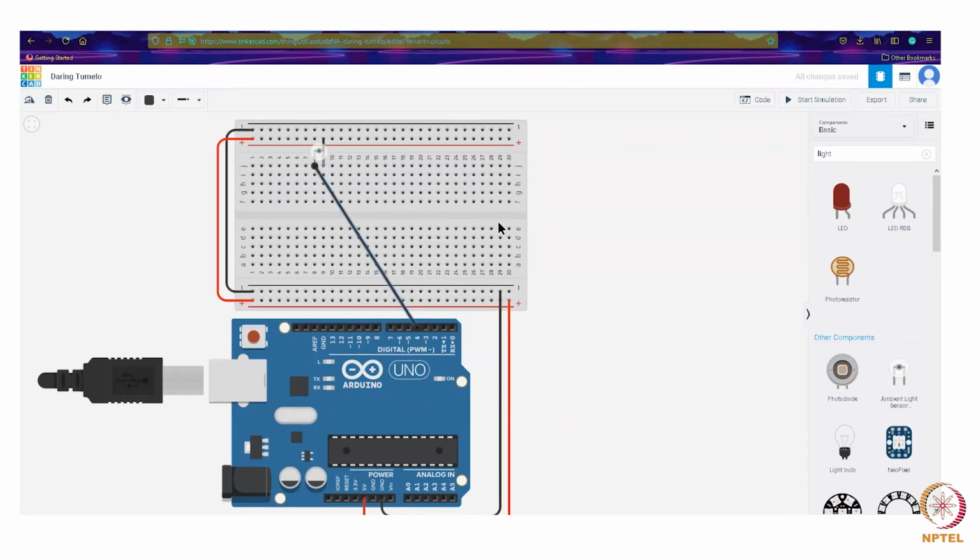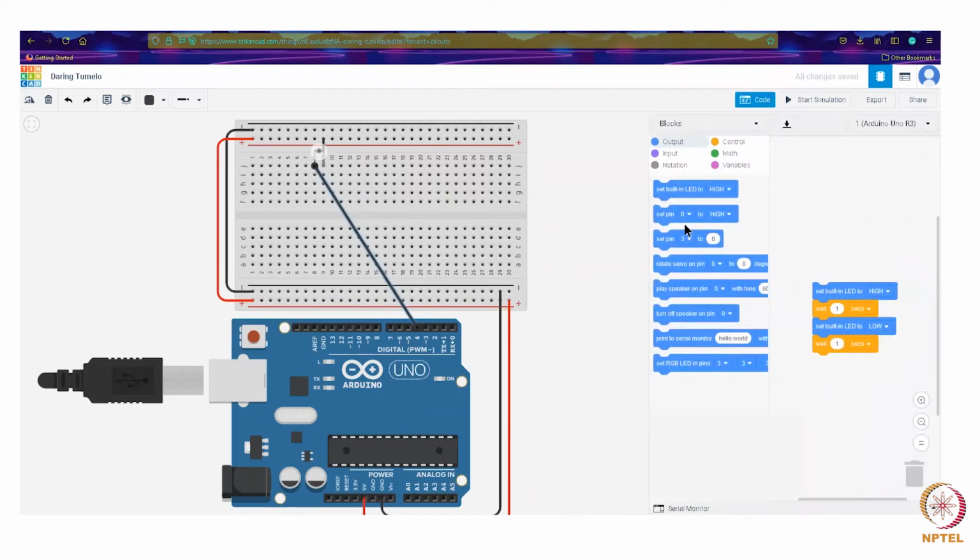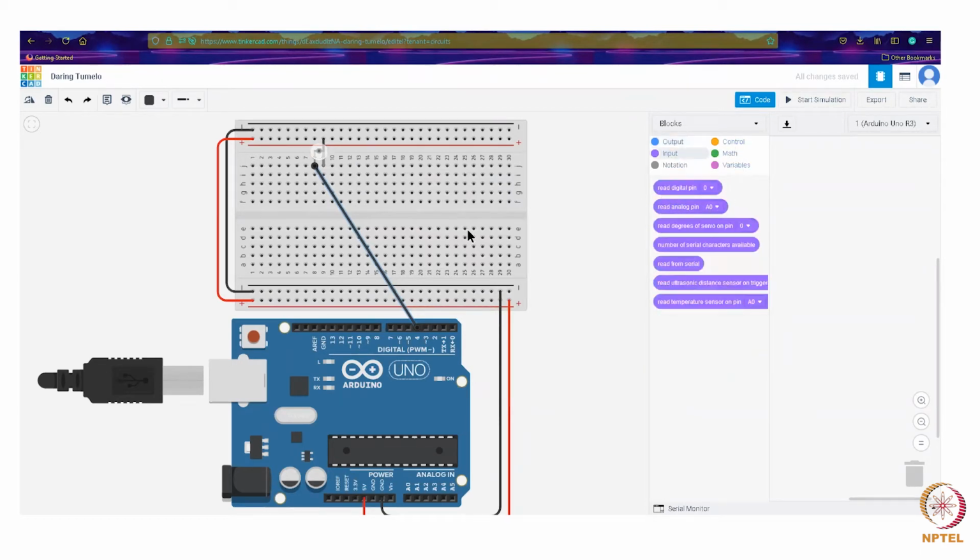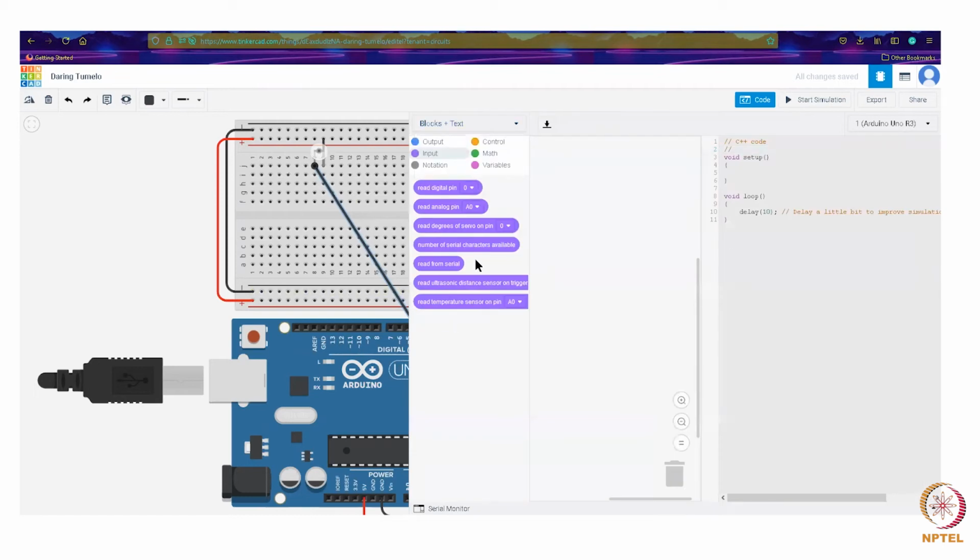And now we have one light sensor. So let us just program this one first. I'll remove the initial code, and we need to read the data from this digital pin. So, read digital pin.